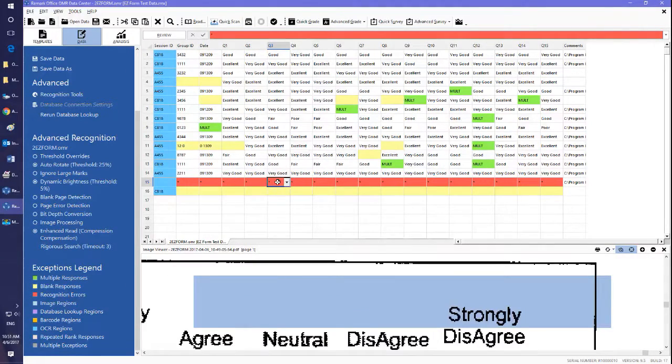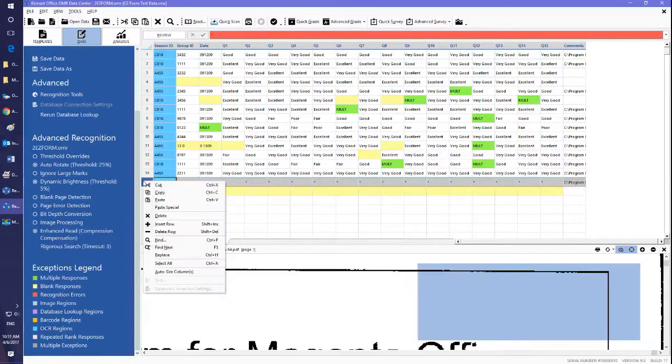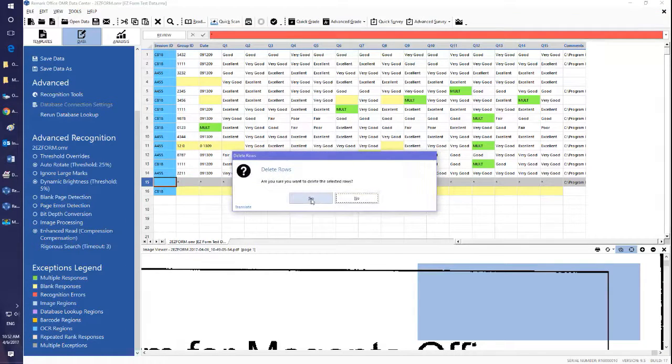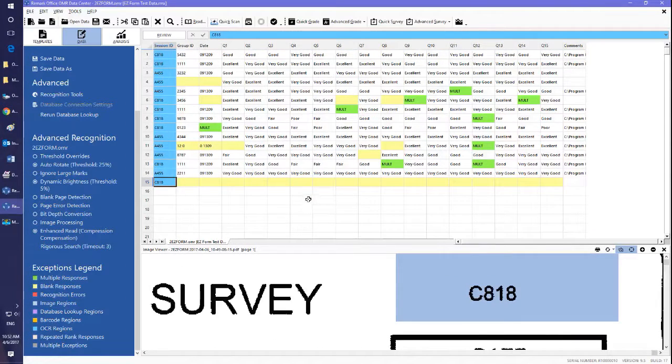This is actually a completely wrong form. So I've scanned an incorrect form. So what I'm going to do is right click here and then just delete this entire row because that was a bad form. Now usually when you see a whole row of yellow like this, what you scanned is a